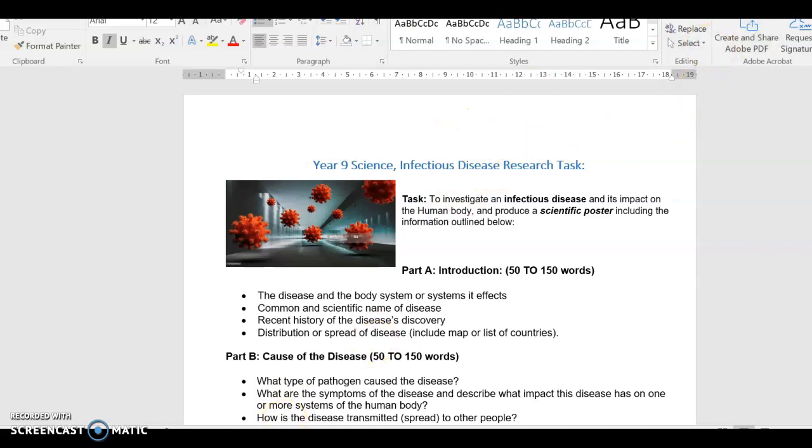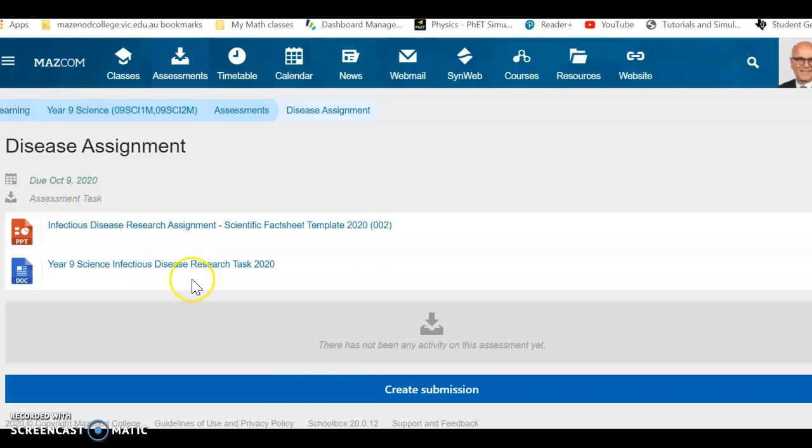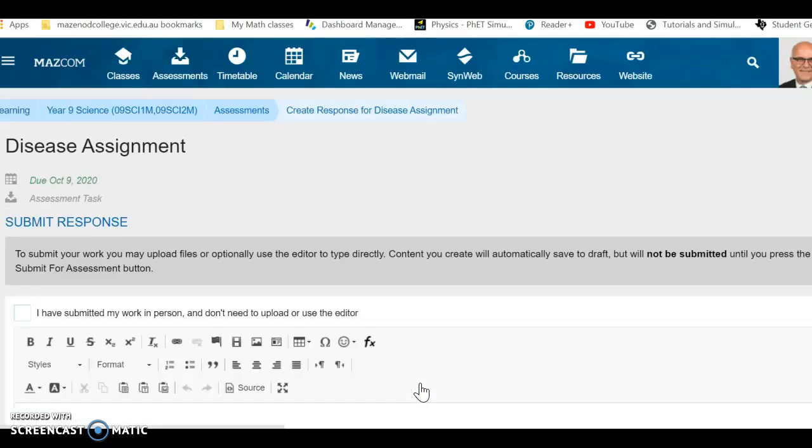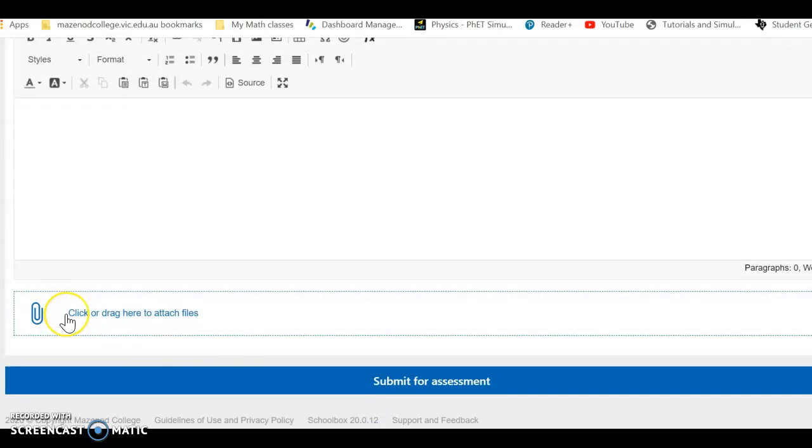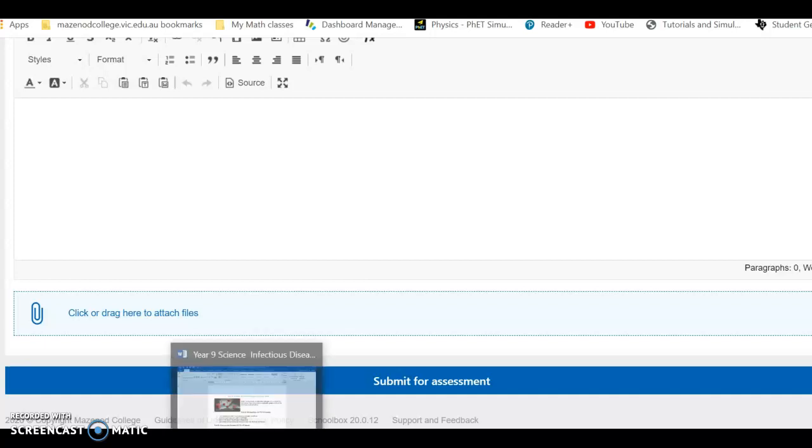All right, so going back to the original screen. Once you have finished, most probably save it to your Google Drive. Once you have finished it, it's a case of just pressing create submission, scrolling down, and clicking on this so that you can get your Google Drive document, which will be a PowerPoint, and pop it in and press submit for assessment. Make sure it's by the due date, which is on Friday of the first week back in term